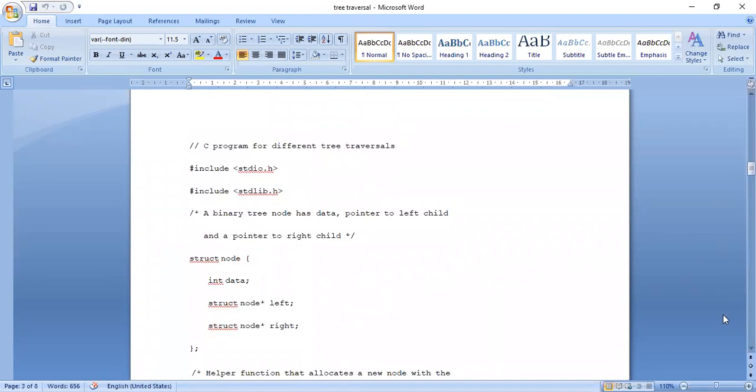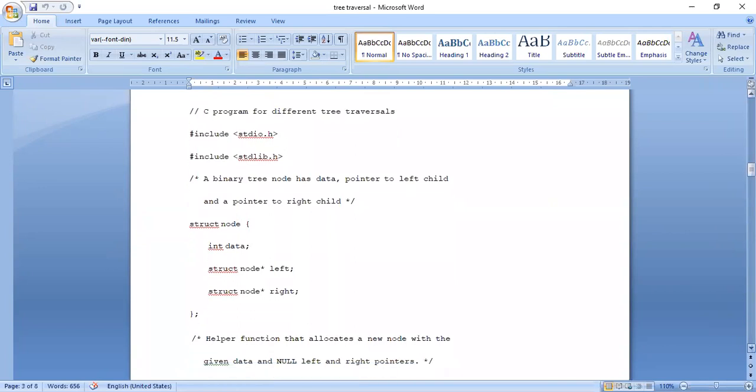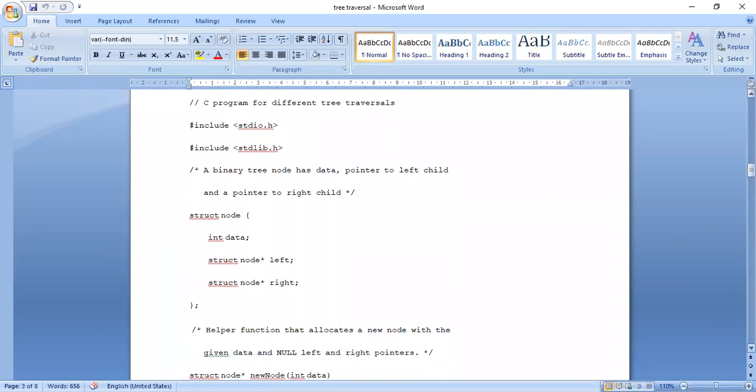Now we will see a program to implement the in order, pre-order, and post-order traversals. So you can see here struct node with int data, struct node star left, struct node star right.